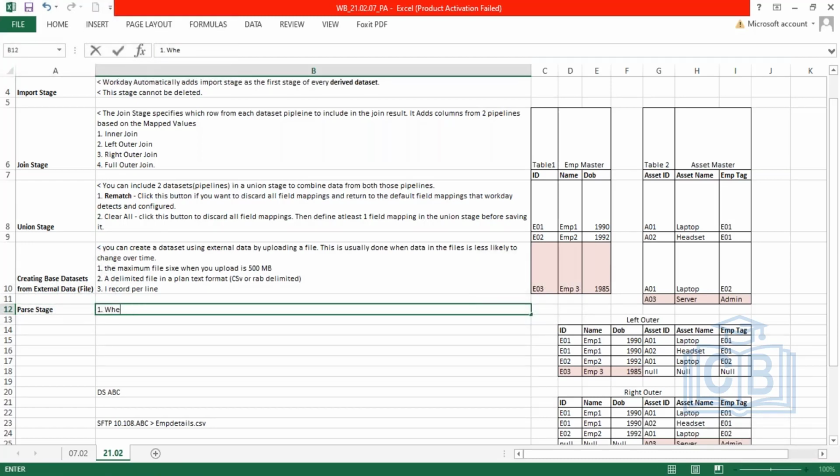So whenever you bring data into data catalog using a base data set, and this data could be Workday data or again non-Workday data,